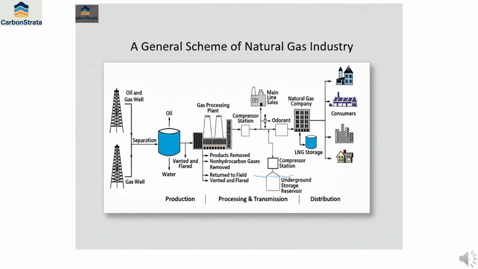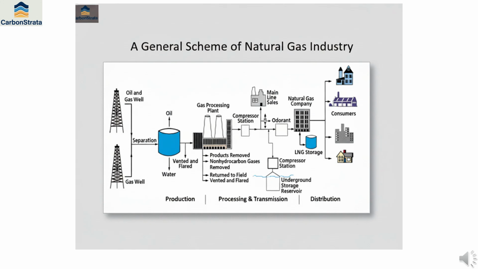The treated gas is then transported through high-pressure transmission pipelines. Compressor stations are strategically located along the pipeline network to maintain pressure and ensure continuous gas flow over long distances. Gas may also be stored in underground reservoirs or liquefied natural gas facilities to balance seasonal demand and enhance supply security. Before reaching consumers, odorants are added to improve safety by enabling leak detection. The gas is then distributed through local pipeline networks to residential, commercial, industrial, and power generation sectors. This integrated system ensures that natural gas is produced, processed, transported, stored, and delivered safely and efficiently from the reservoir